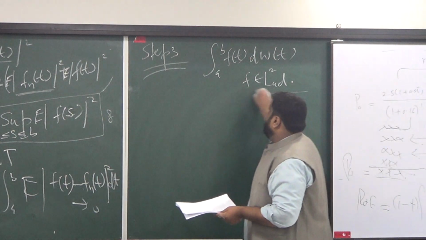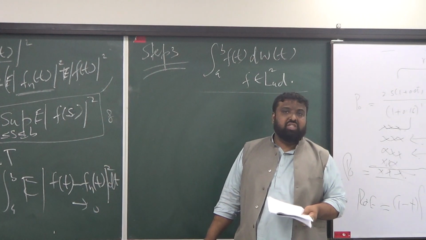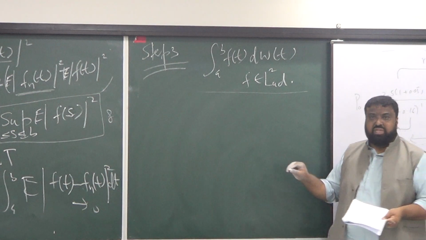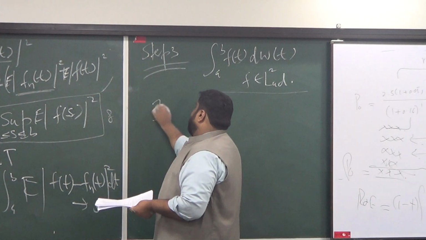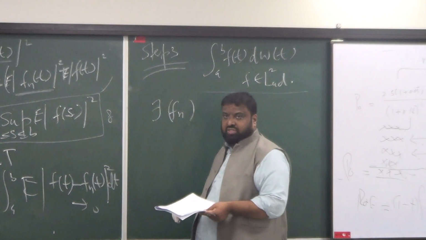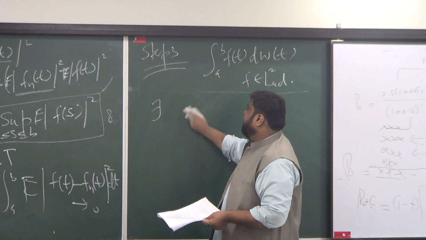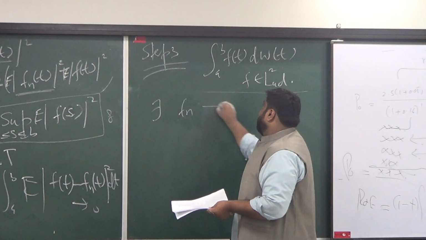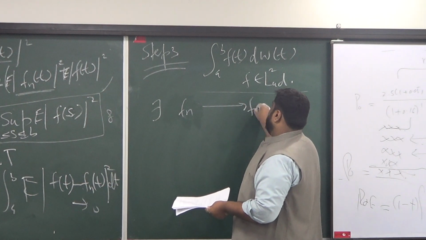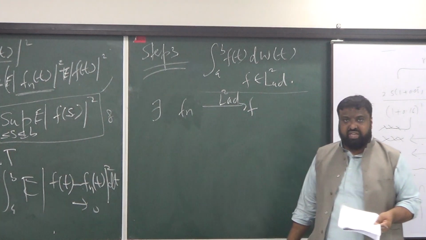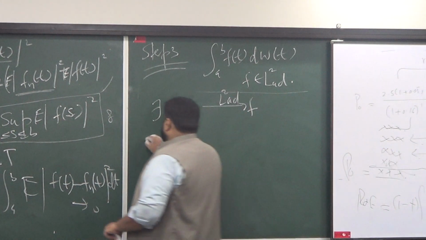So, how can I have it? So what I'm going to say? I have taken an abstract f in L2 AD. My approximation lemma tells me that I can always find a sequence of step processes. Okay? I can find a sequence of step processes that can approximate my given f in L2 AD sense. Okay? The next claim is